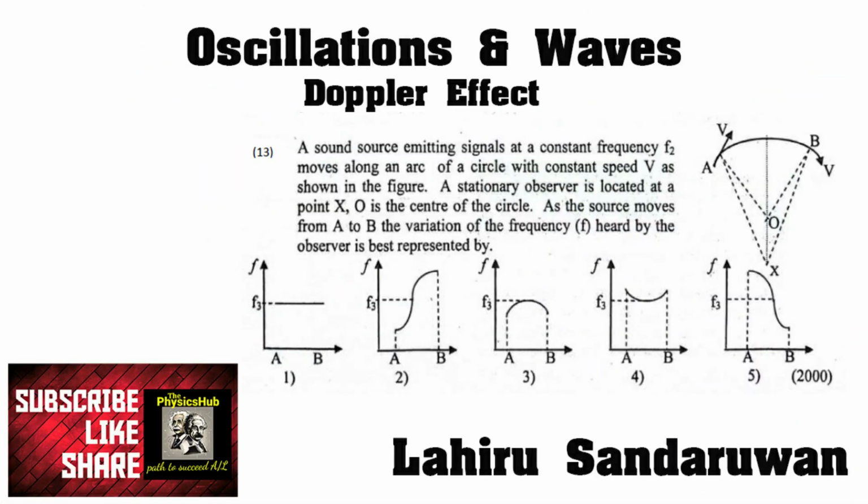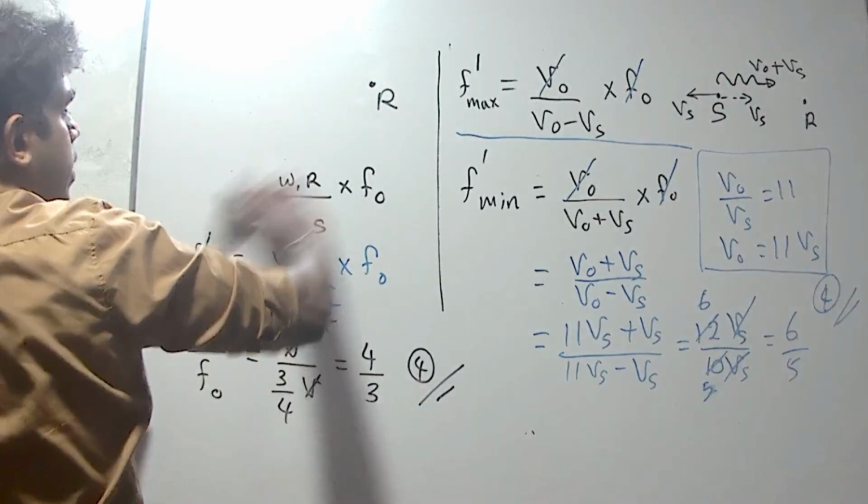The sound source emitting signals at a constant frequency F0 moves along an arc of a circle with constant speed v as shown in the figure. The stationary observer is located at point X. Point O is the center of the circle. As the source moves from A to B, the variation of frequency F heard by the observer is best represented by which graph? We know that